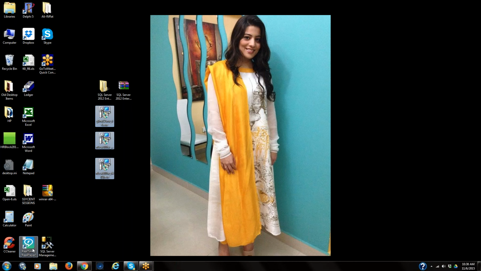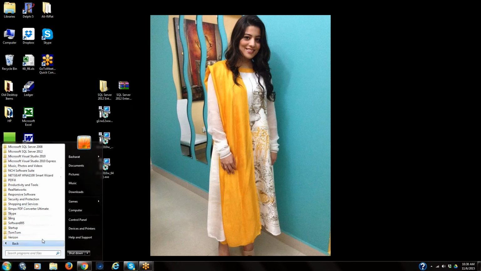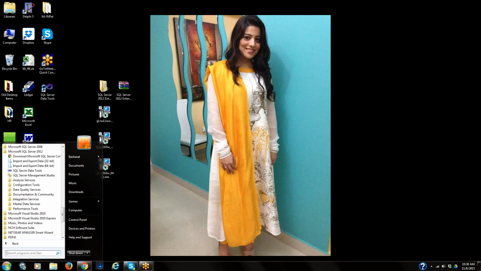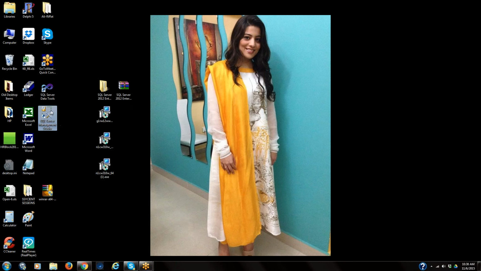Go to the start menu, expand all programs and SQL Server 2012, and in that SQL Server data tools, right click, go to desktop, send to desktop icon, shortcut. This is your SQL Server data tools. The remaining files we have to delete. Let me check what these files are. Okay, thank you.